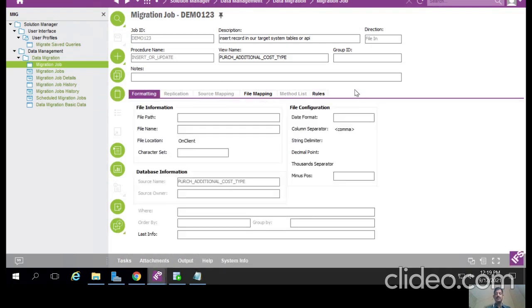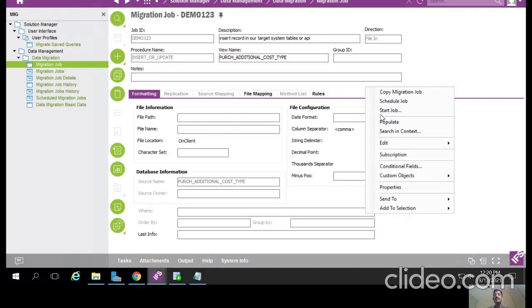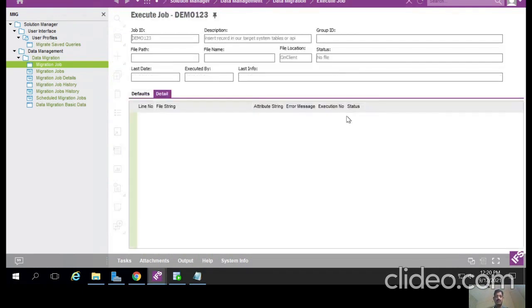Okay guys, so now you can use the RMB function from here and choose the start job option. This section displays your job, where you show your job name, description, and what types to choose, file location.